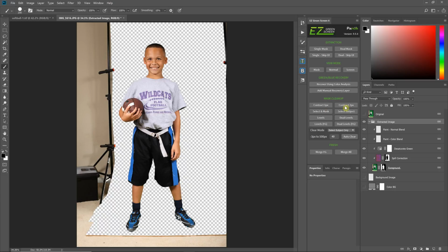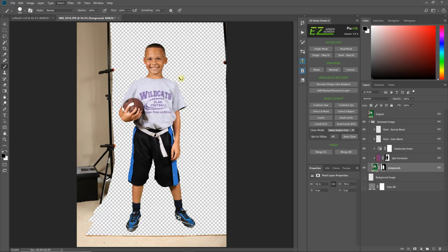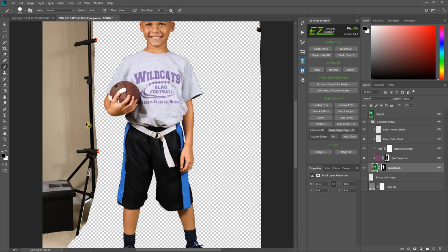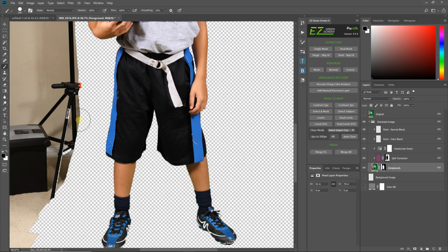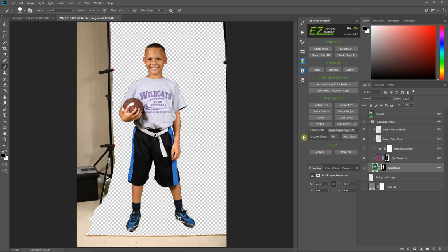So what this is doing is it's first on your foreground layer, it's going to run a select subject. And this is Photoshop's new artificial intelligent selection process that it tries to figure out where your subject is and make a selection. However, it's not perfect. You see it missed part of the flag here. The next thing it's going to do is it's going to expand that selection and it's going to create an